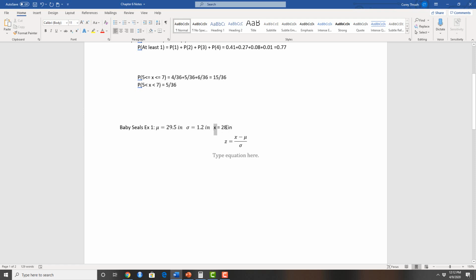So our x is 28, and remember that our z-score is z equals x minus mu divided by sigma. We have everything here, so 28 minus 29.5 divided by